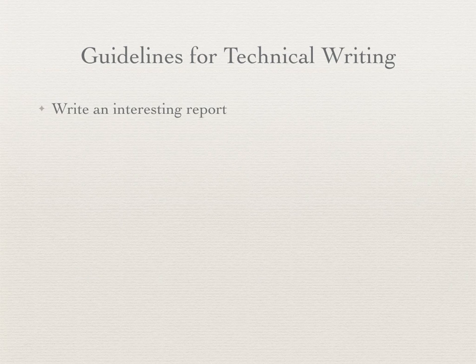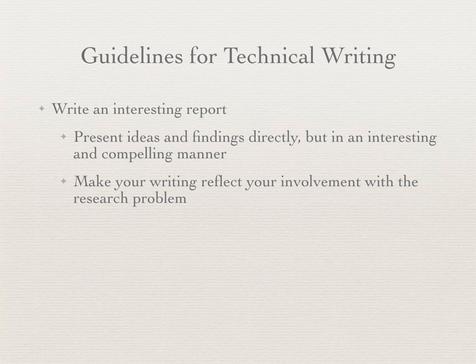Another thing that's clearly helpful is writing an interesting report. That's a lot harder than some of these other things. But one of the things that is helpful with that is when you reflect your involvement with the research problem. That's one of the reasons that I don't assign you a topic to write about. I want you to pick the topic so that you have some level of involvement, you have some level of interest, because your level of interest helps your audience be engaged. If you're interested and you're presenting this information because you're interested, it's going to be more compelling than if you're presenting it because you have to and this is horrible and I hate it so much. Okay? That comes across in your writing. So it's important to reflect your level of involvement, your level of engagement in this to really make that interesting and that compelling